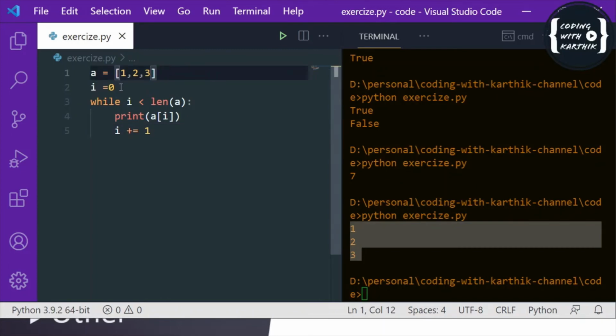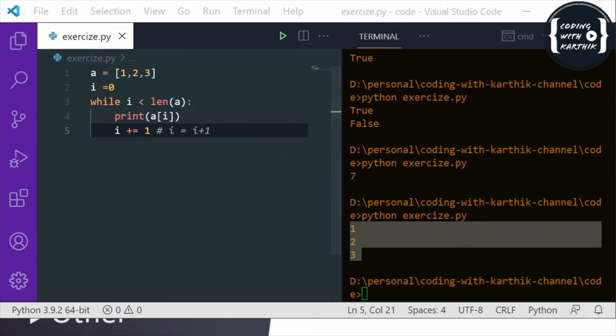So first we have assigned I equal to 0. This is the assignment operator, and here this is the loop, and here we are checking a condition, I mean a comparison operator, and this entirely is the condition. So if it is true, then we are just printing this A[I], which is an element in the list. And since we have to increment the index, which is the I value, we keep incrementing I, I equal to I plus 1. So first time it is 0, and next time it becomes 1, and next time again it becomes 2. So this is how to iterate a while loop using the assignment operator.